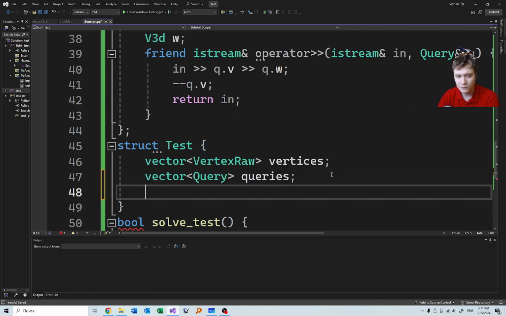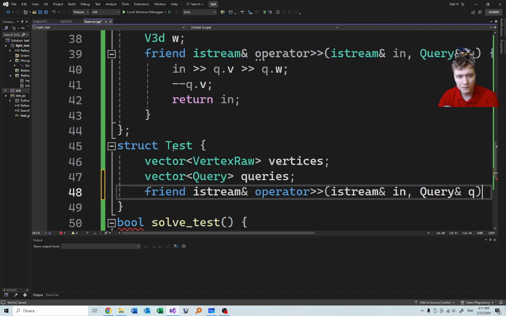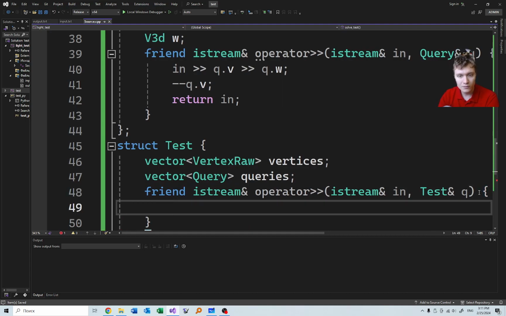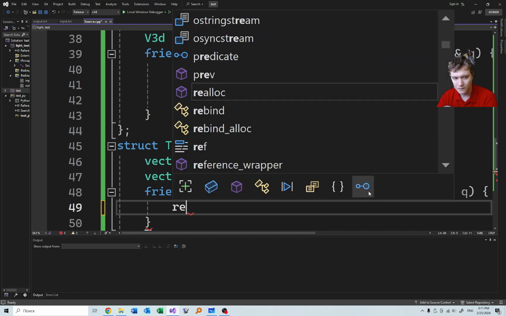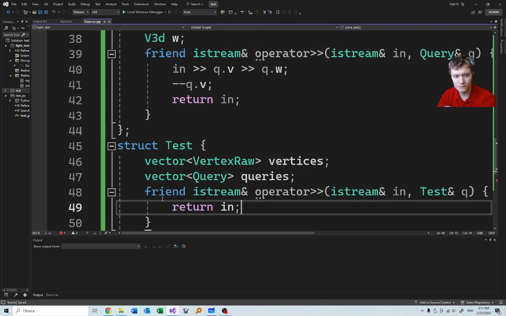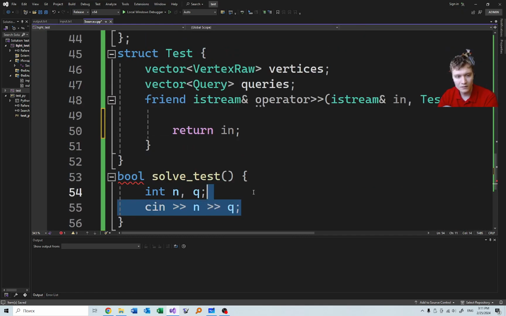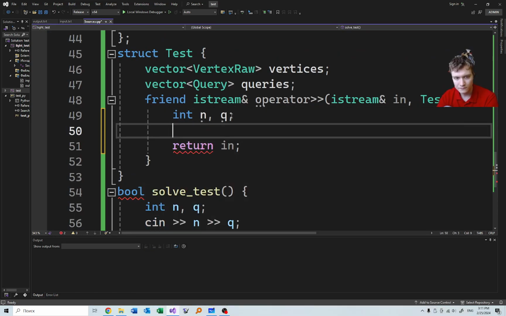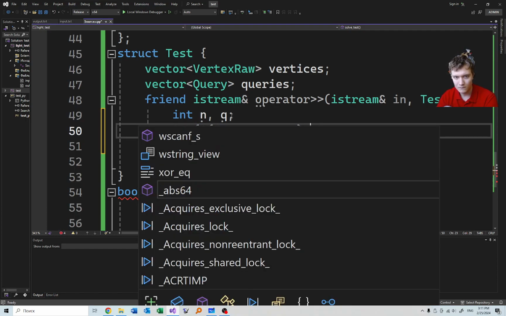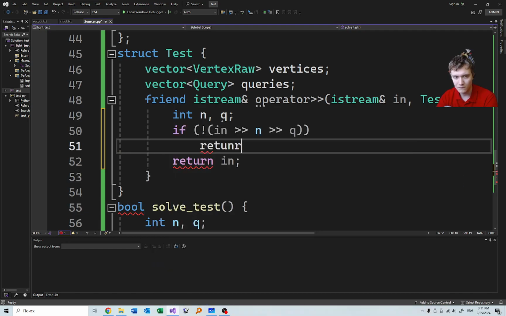Yeah, so to read it, we need to read N and Q. Then we need to read